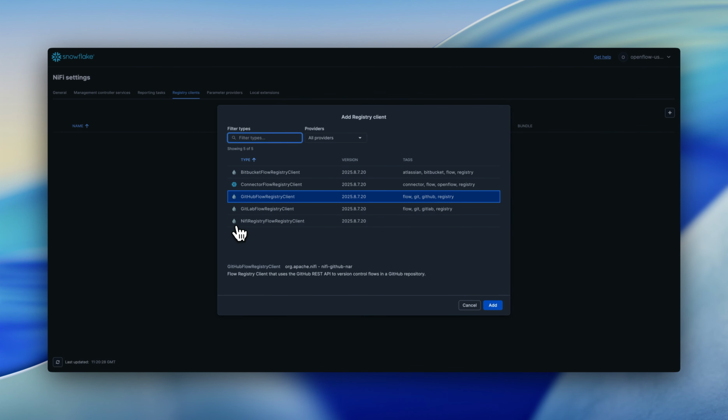So you have the NiFi registry option that has been there for, well, all the time. And then you have options like GitLab, GitHub, Bitbucket. And there is a pull request being reviewed right now for Azure Git DevOps option. So that's also coming. But here, in this case, I will focus on GitHub because I want to talk about